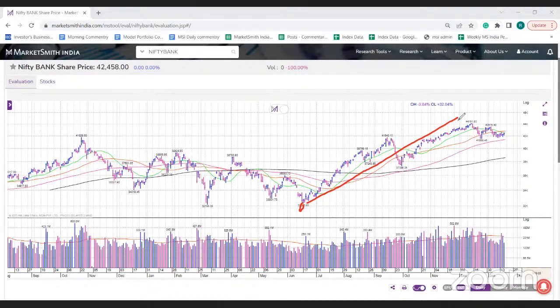So see, the balance sheet of the banks are in good shape. जो NPAs हैं, especially PSU banks में ज्यादा problem था NPAs का, वहां पे काफी improvement हुआ है. The NPAs are now low and the banks are having a very strong capital adequacy ratio. So overall, the things are looking